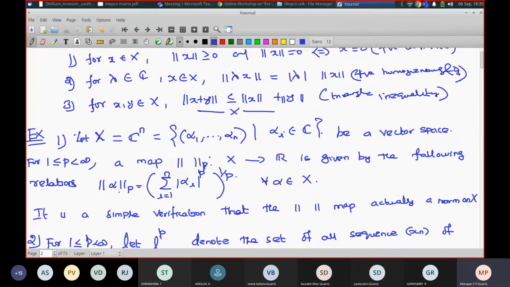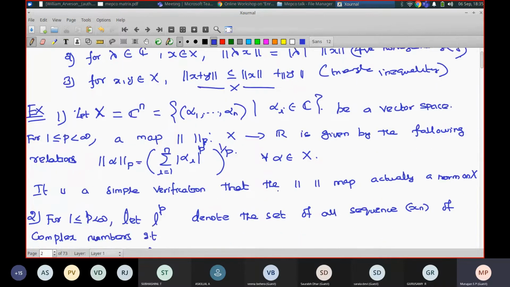This norm is called the p-norm: the summation over i equal to 1 to n of modulus of alpha_i to the power p, whole to the power 1 by p. You can easily verify that it is a norm. The good case is when p equals 2, where this norm actually comes